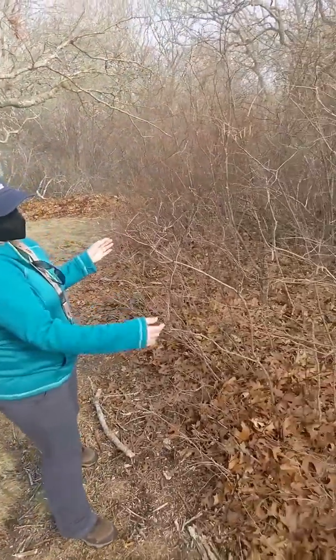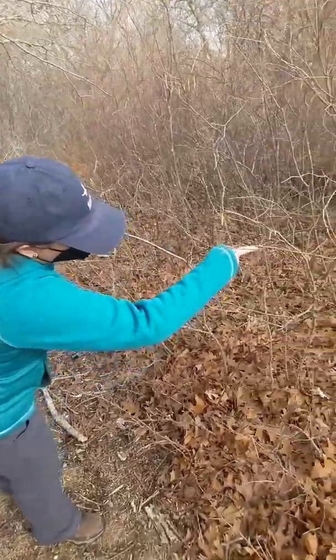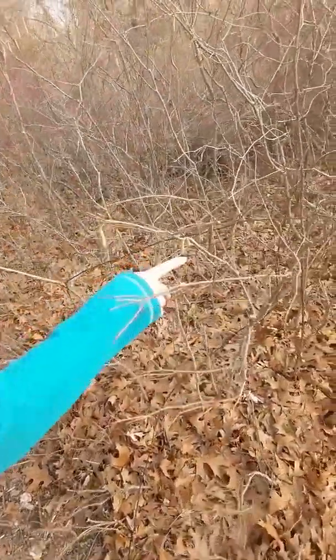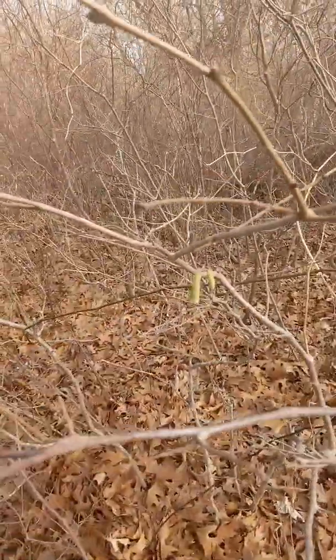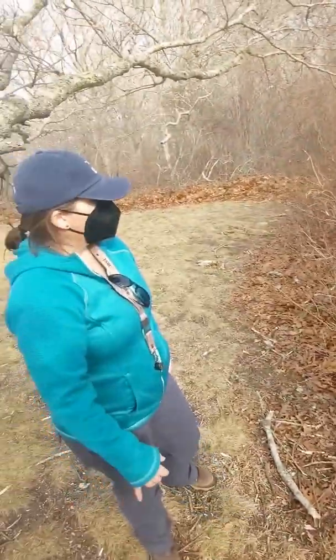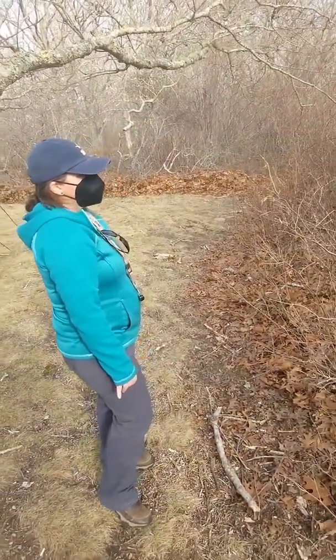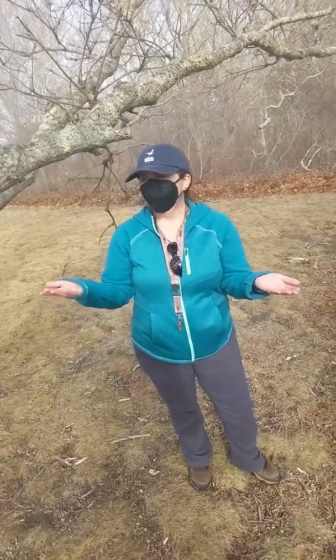Yeah, what a great thing. So it probably comes out at the same time, and it may be feeding on the catkin because you can see the bottom of the catkin looks like it might be missing. I'm not sure. But that's something I haven't noticed before. Every time you come out, you see something different. I love that. That's one of the reasons to get into biology and ecology: you just keep your eyes open, keep your ears open, and you can discover some new stuff. And you never know here